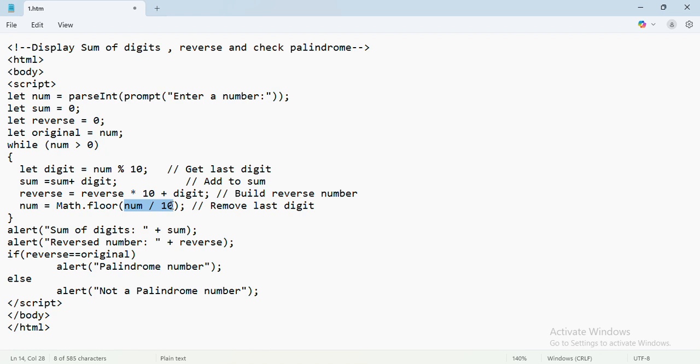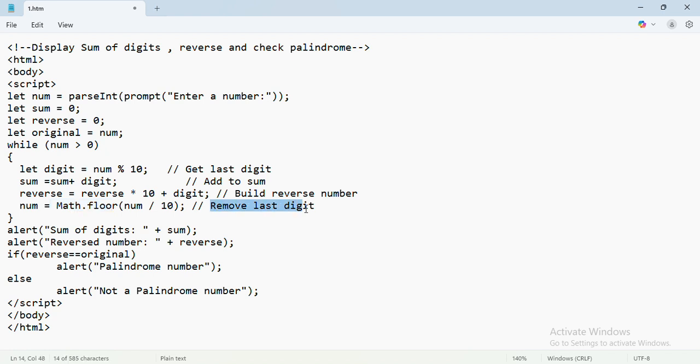It will be 12.3 something, but I don't want the decimal part. So for that purpose, I'm using the Math.floor operation. So if I say Math.floor of 123 divided by 10, it will give the result 12.